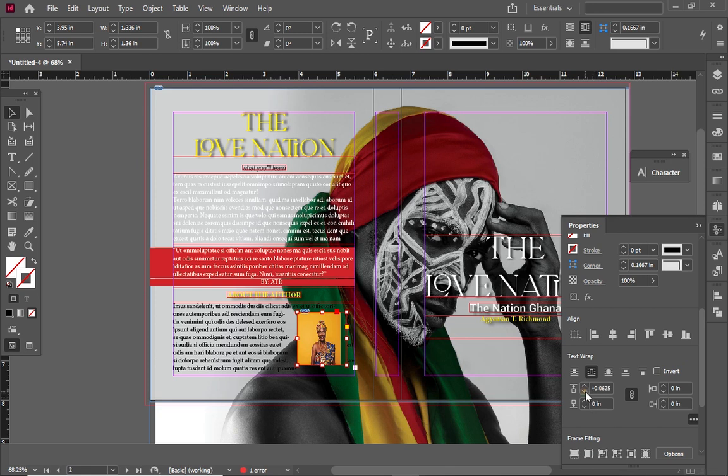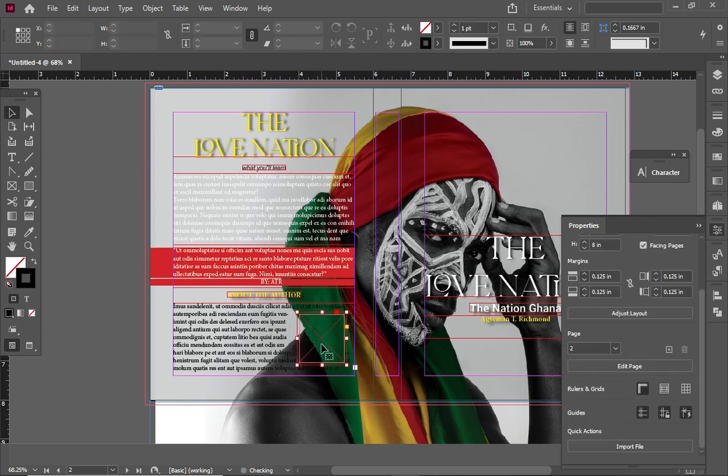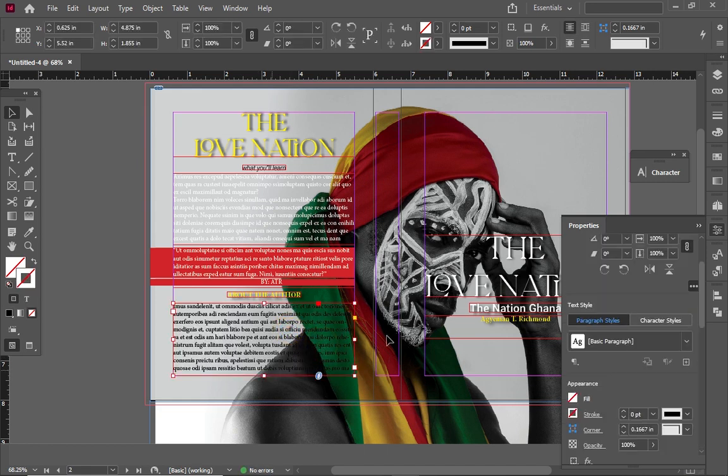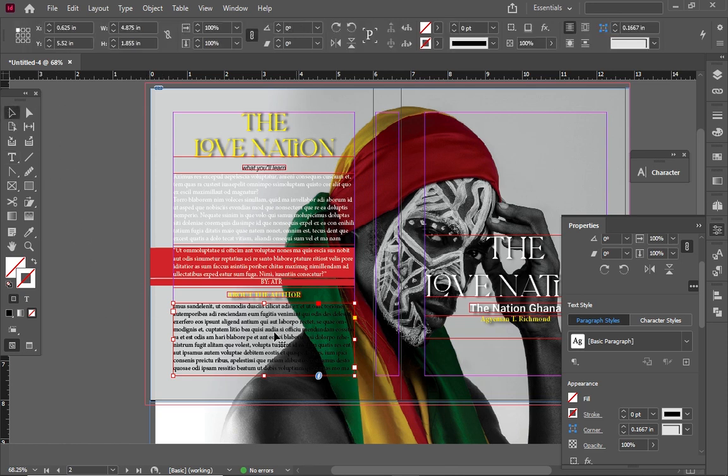Okay, and if you don't want it that way, you can just, let's omit this, and then we can reduce our text box. So let's say I have the text box deleted,